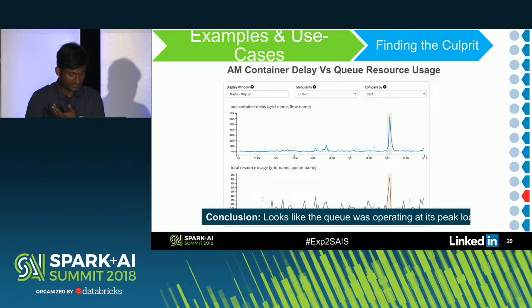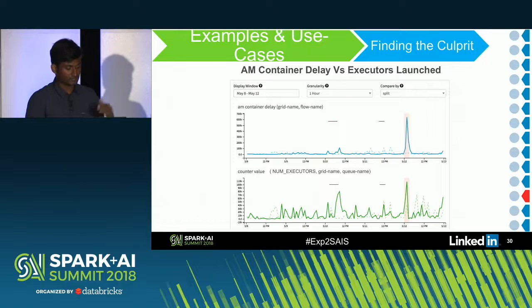But the interesting thing is that the queue was not consistently operating at its peak load, but it was a sudden surge in the load of the queue. So likely there was something that happened at that moment that caused this spike in the load on the queue. So I try to correlate it further. Resource directly correlates to the number of mappers, reducers, or executors that are running. So then I try to correlate it against that, and what I find, in the lower graph, is a spike. There were thousands of executors that were launched at that point in time in that specific